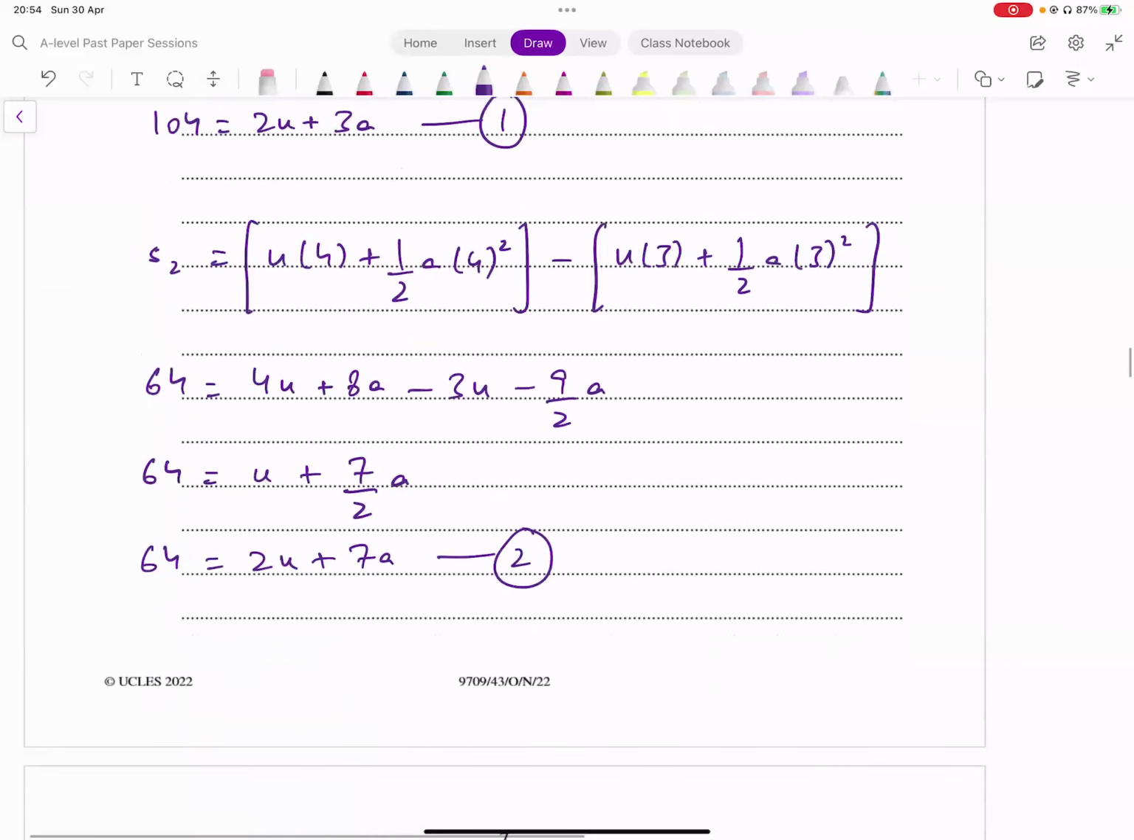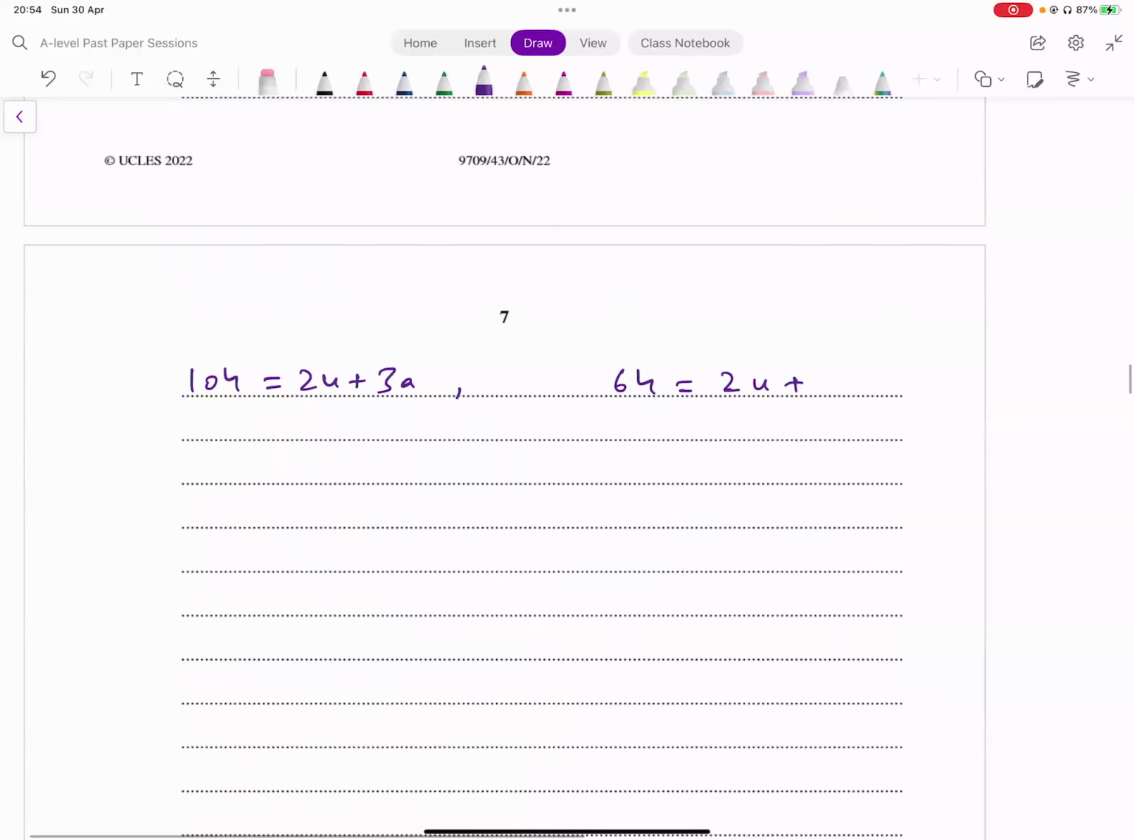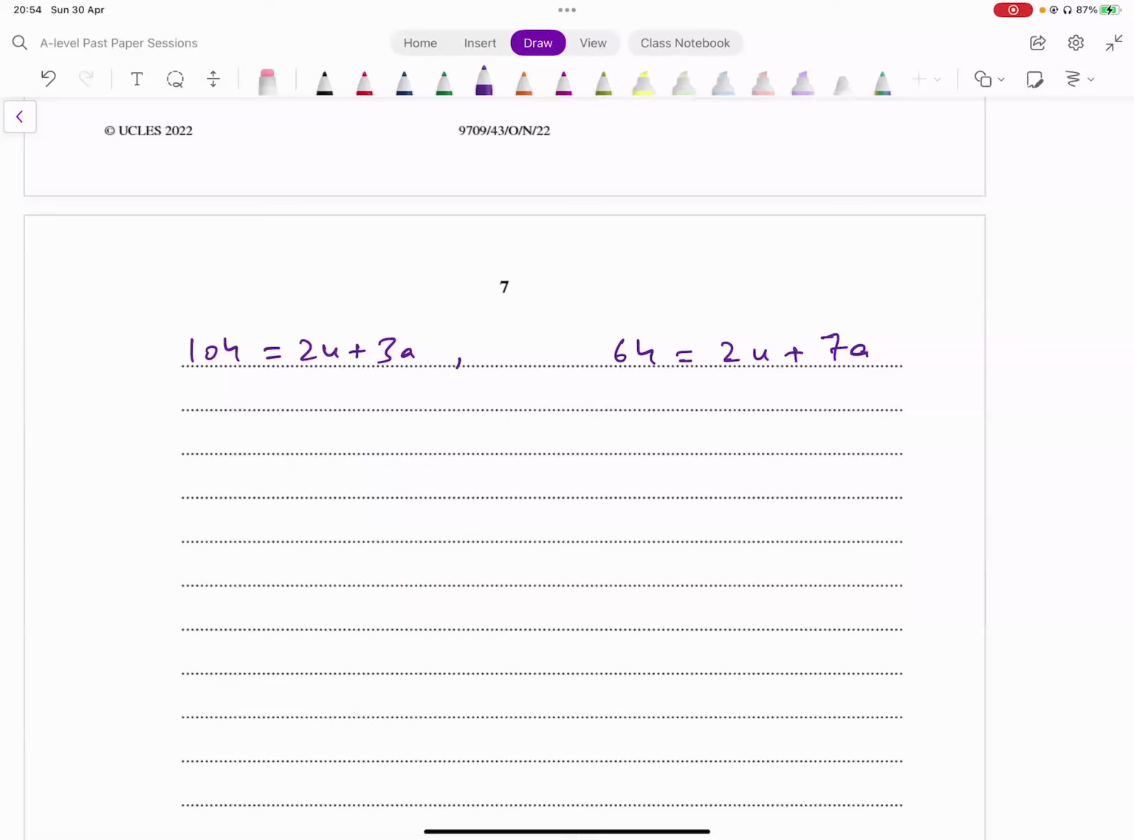104 equals 2u plus 3a, and 64 equals 2u plus 7a। ये दो इक्वेशंस हैं, हम दोनों में से 2u को सब्जेक्ट बना लेते हैं, दोनों में 2u आ रहा है ना, you can say 2u equals 64 minus 7a, and in the other equation you can say 2u equals 104 minus 3a. Now since 2u is either equal to this or equal to this, दोनों को equate कर देते हैं, हम कहते हैं 104 minus 3a equals 64 minus 7a, and that gives us 4a equal to minus 40,